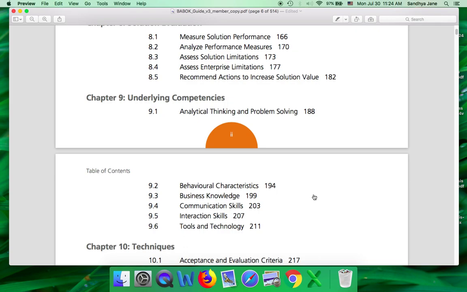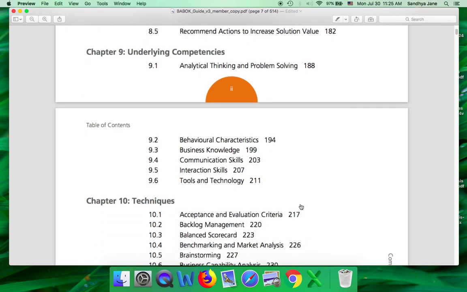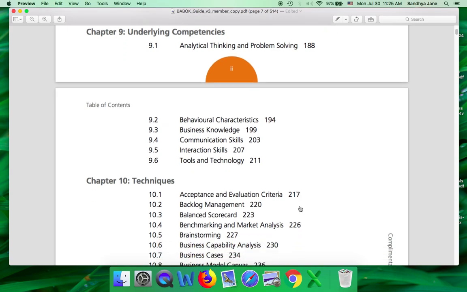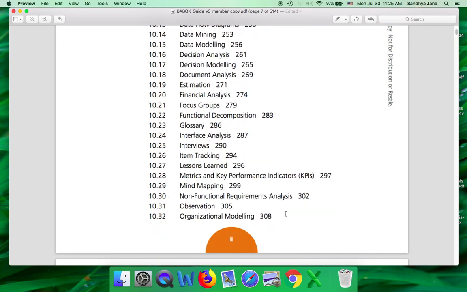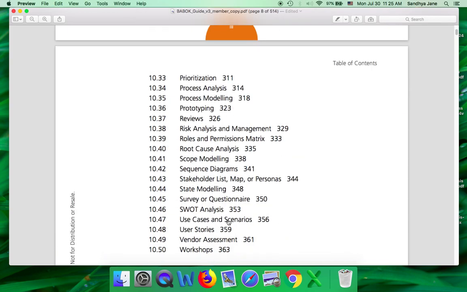Apart from that, it also talks about the tools and technology a business analyst must know in order to perform the role effectively. Okay. And the next chapter talks about the techniques. If you see, there are 50 techniques listed here. Okay, yeah, 50 here. These techniques explain, each technique we explained in detail, so that you can select them or shortlist them